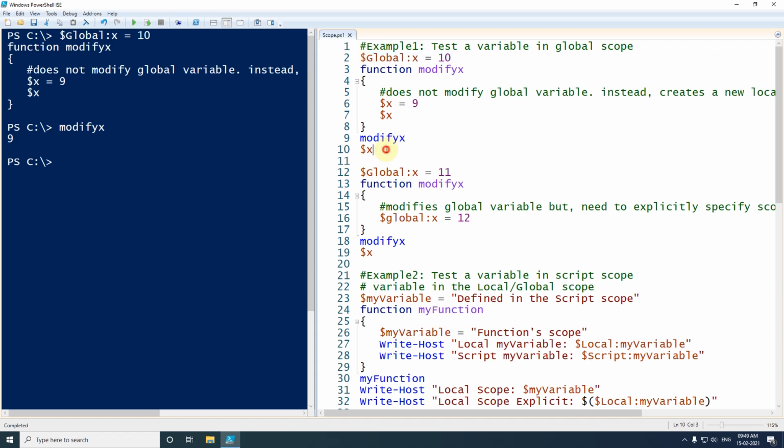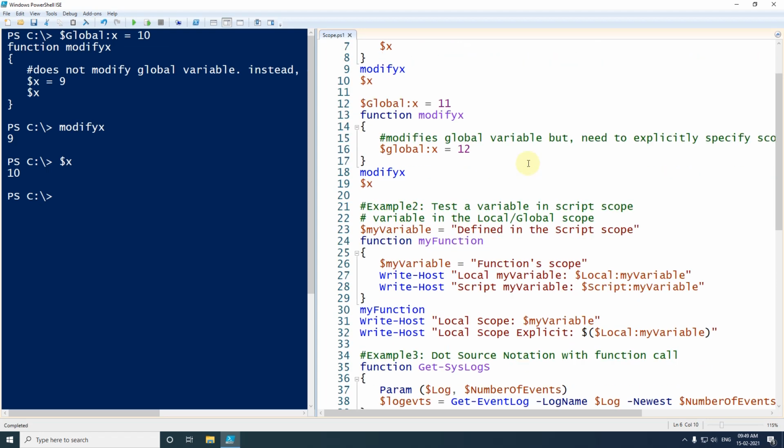And now if I print the same variable after calling the function, you will see we get the value 10. It means the $x outside the function is a different variable from the $x inside the function. This is happening because of scope.